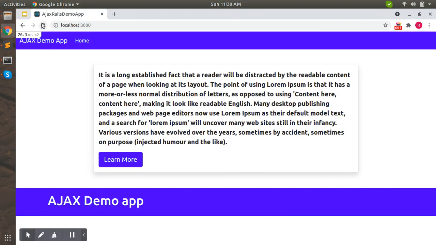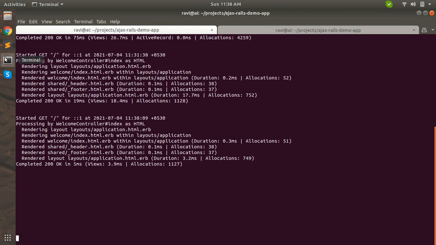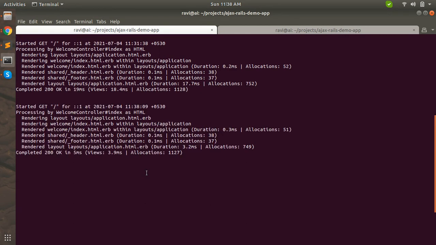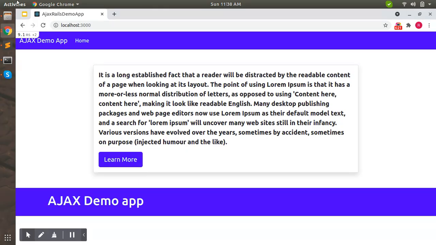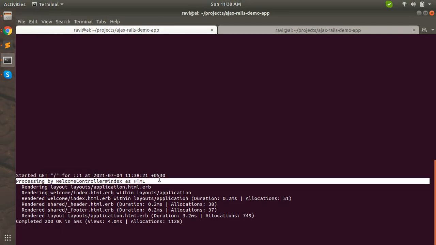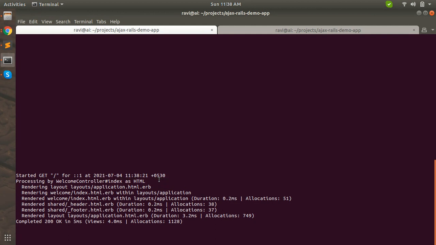You can see here, this is our localhost page, and this is our terminal where we are running our Rails server. Let's reload this page. You can see here: Started GET slash, Processing by WelcomeController#index as HTML.